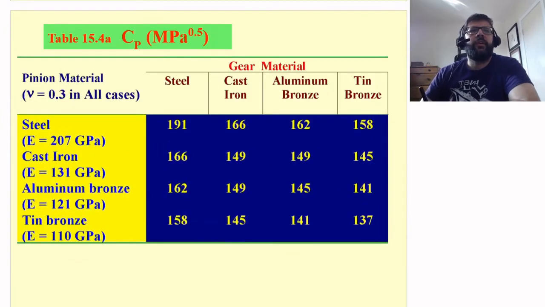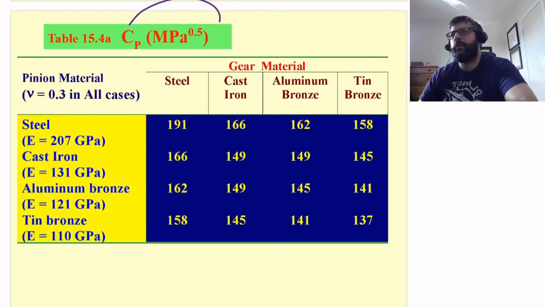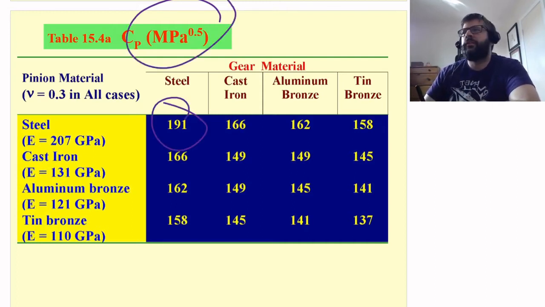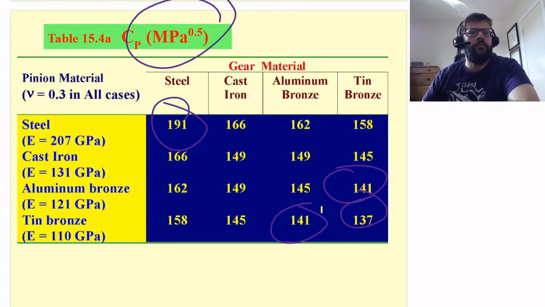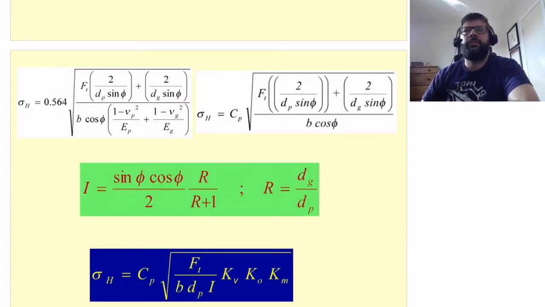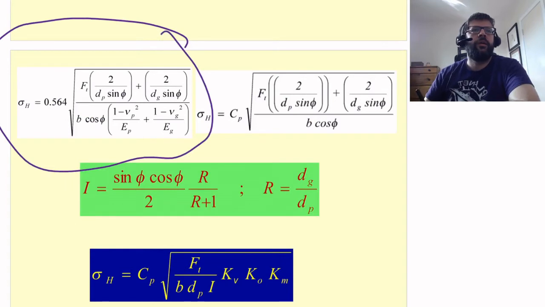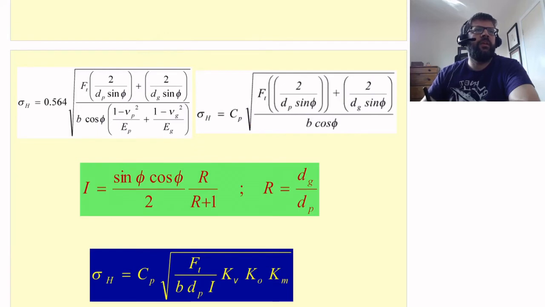And if we're looking for metric, again, units are going to be pressure to the power of 0.5, so square root of MPa. But steel on steel, tin bronze on tin bronze, aluminum bronze on aluminum bronze, and so on and so forth. So based upon that, this formula here gets a bit simpler. We've got our CP times